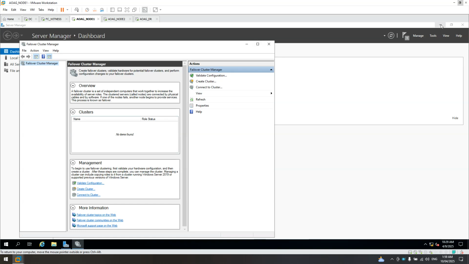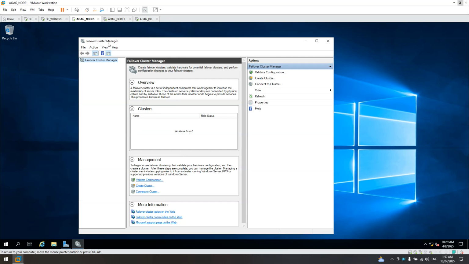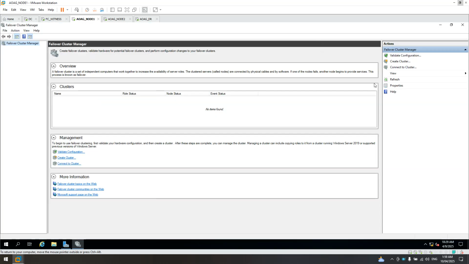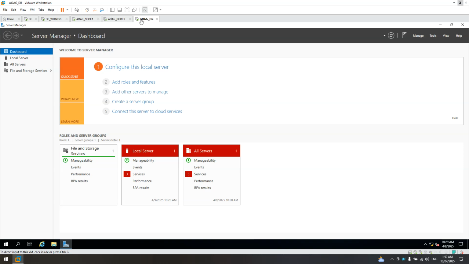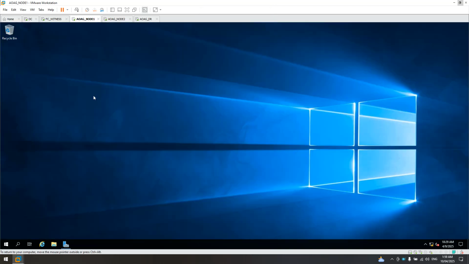Maximize this one, minimize the server manager first, and the failover cluster manager, expand that one. In here, we need to validate first these three. Let's close this one. Let's only focus on node 1. Let's close this one to avoid confusion. Node 1, node 2, DR.